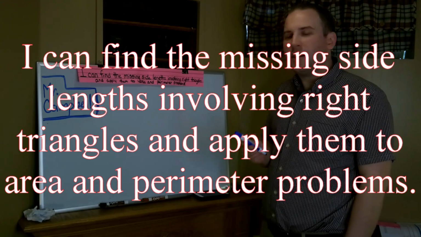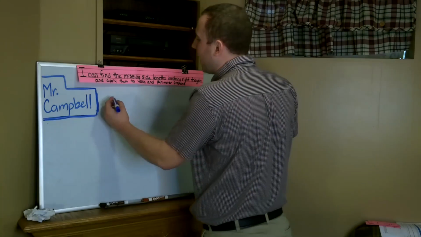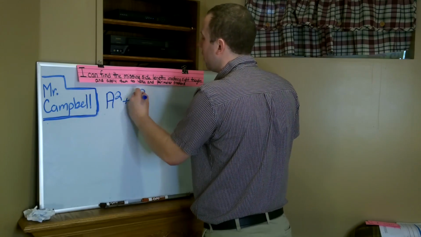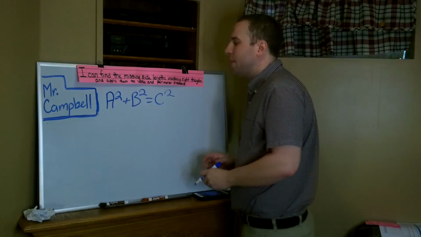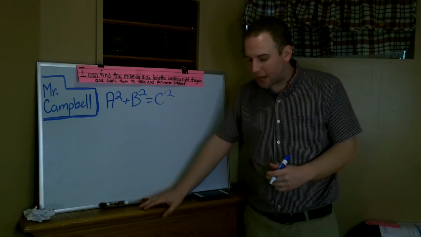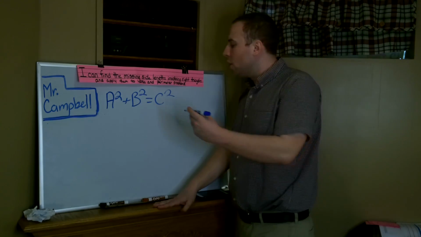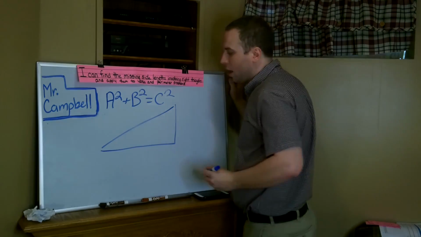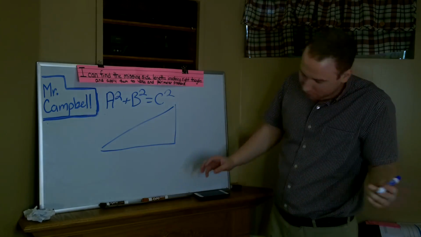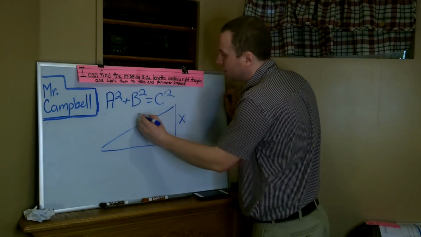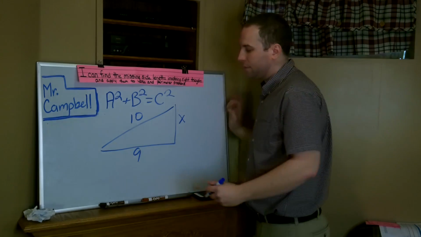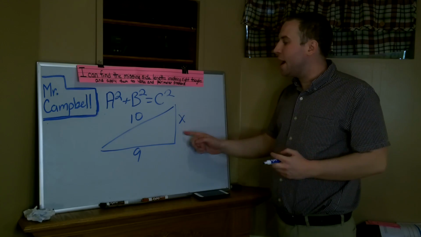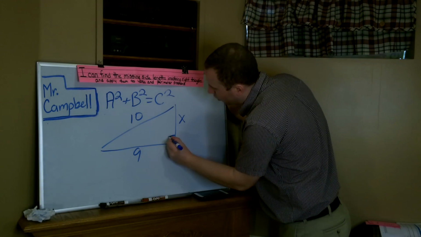Now, previously, we learned the Pythagorean Theorem: a squared plus b squared equals c squared. This is something I taught you a long time ago. Looking at a problem, let's warm up here. Let's say I have x, 10, and 9. If I want to find the missing length of this right triangle,